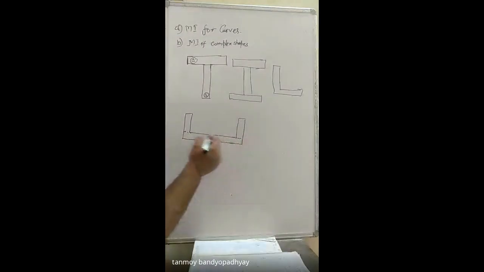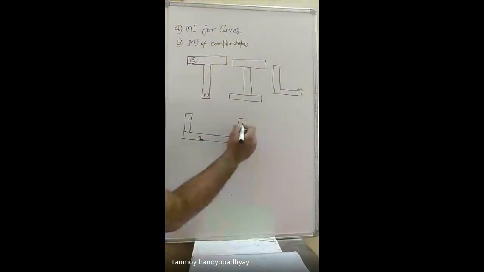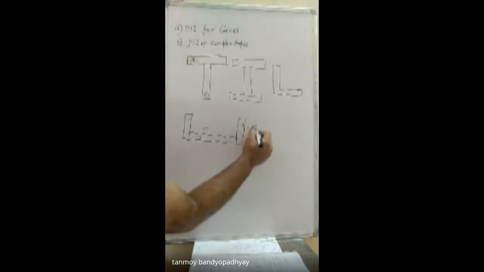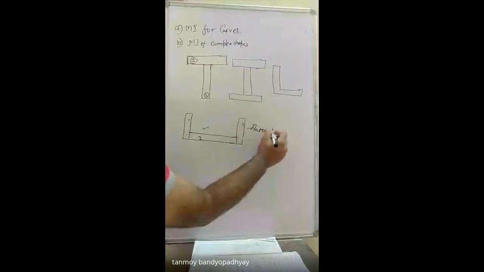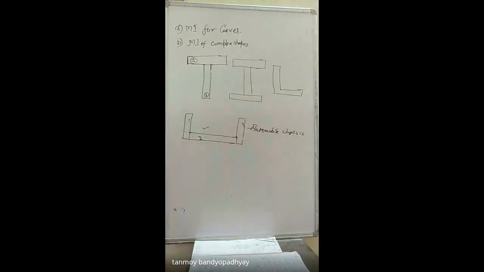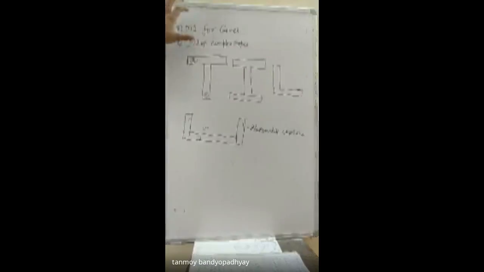So this one is actually a combination of three rectangles. Either you can break it like this or you can break it like this. ঠিক আছে? Any way you can divide and combine it. এই cross sectional area কোথায় দেখেছো? This is an example of an automobile chassis. In the chassis, if you go by the design, the cross sectional area is of this shape. So these are some basic shapes, and they are used in different applications. That is why we will be studying these complex shapes and we will be studying curves.